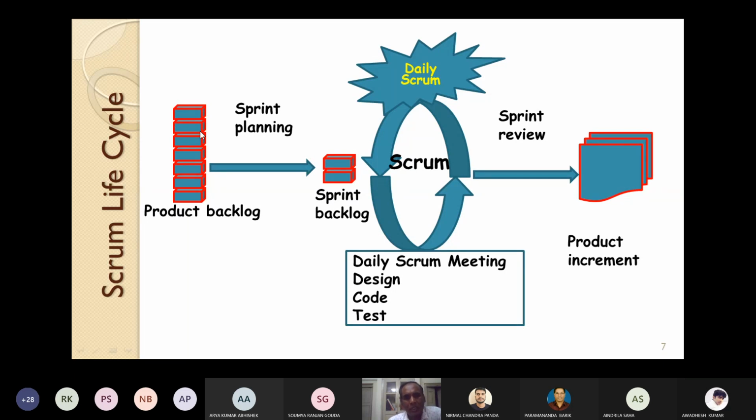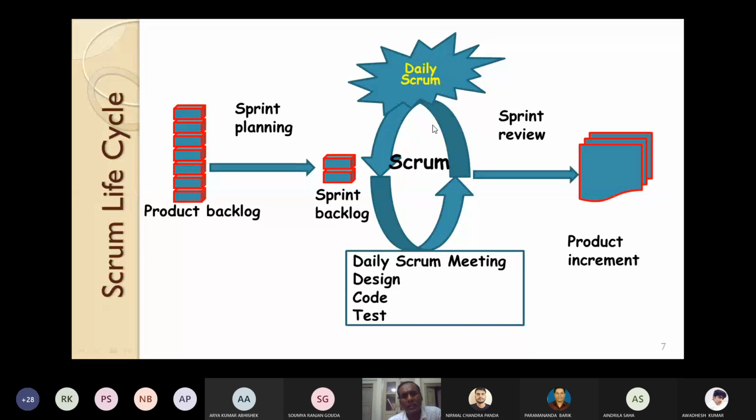This list we call the sprint backlog. So the sprint backlog is a subset of the product backlog. So make the planning for each sprint, check out those requirements that we call the sprint backlog. Then the exact Scrum process happens. It is called a daily Scrum. Every day you have to do something. Let's see what we have to do in daily Scrum.